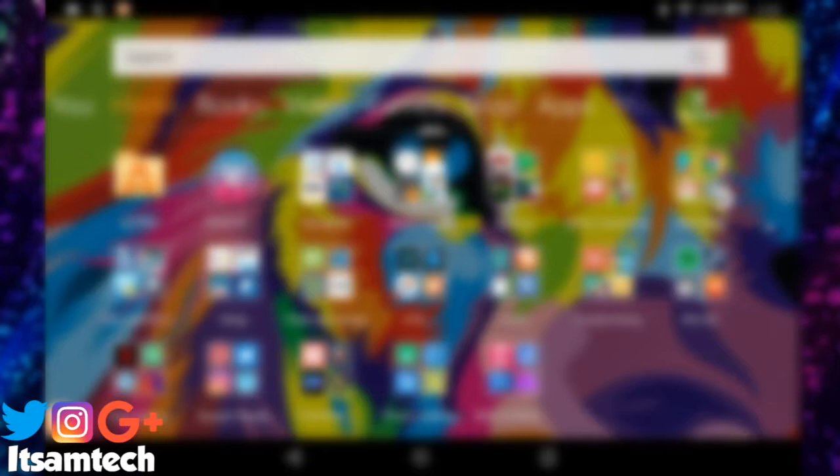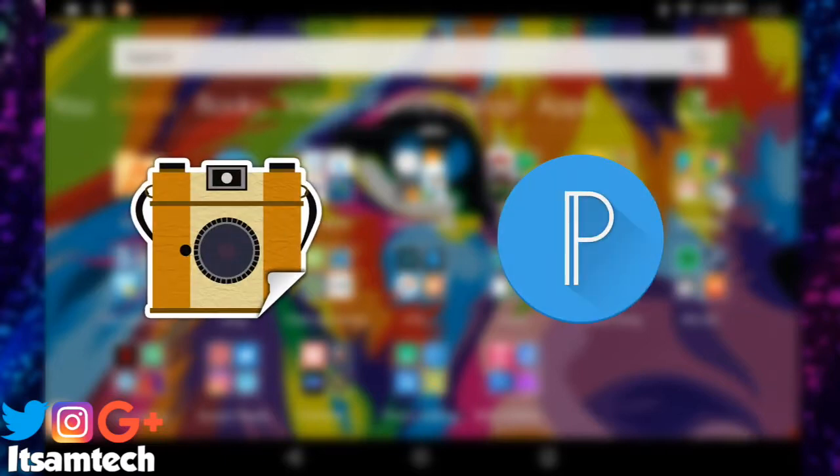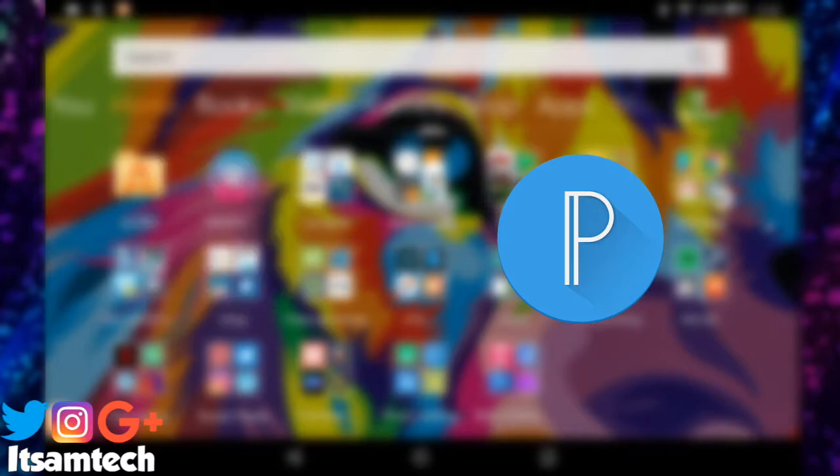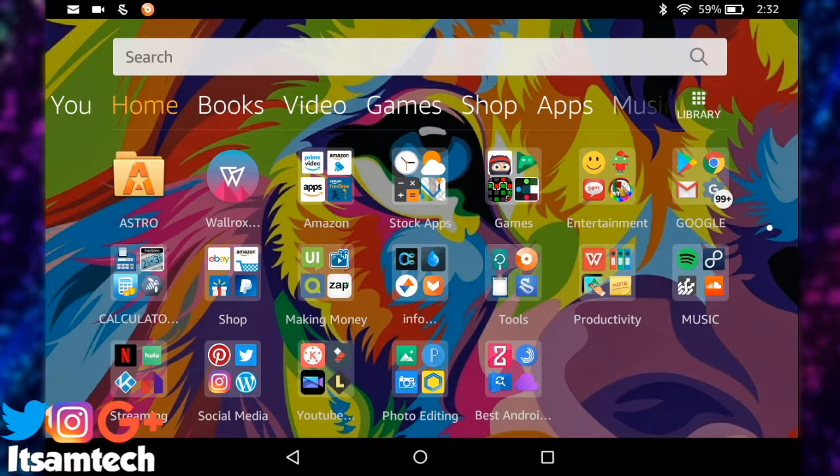So to get started, you're going to need two apps, and that is going to be an app called StickIt and an app called Pixel Lab. You may or may not have heard of those apps, but these will be the only two apps that you need. So first off, you're going to grab some type of selfie image from the internet, doesn't matter which one, just grab one, and then you're going to open